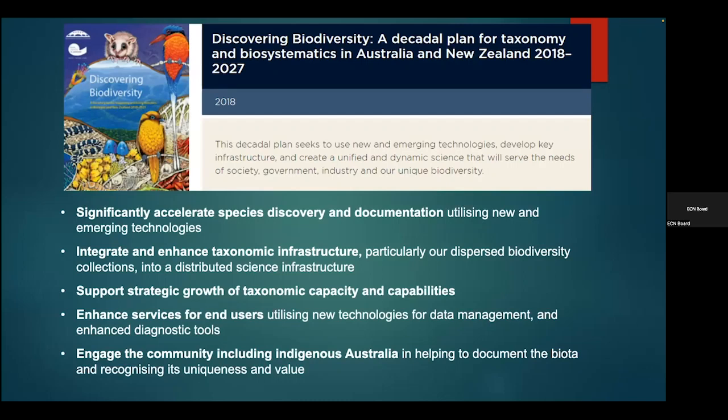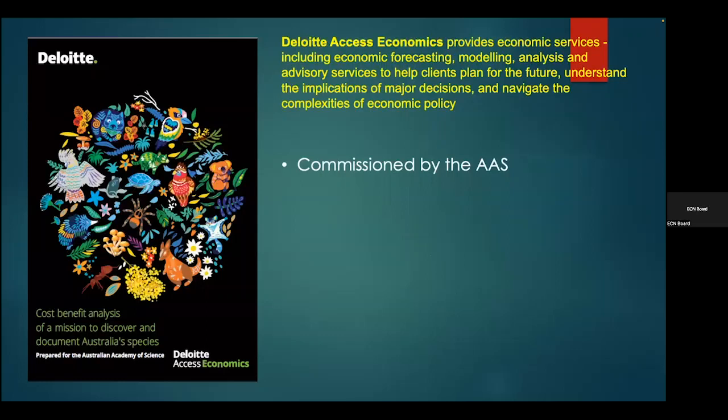In association with this, the Australian Academy of Science also were insistent and talked us into working with them to develop an economic statement about the value of taxonomy to the national economy. And so the Academy appointed Deloitte's Access Economics, which is an independent economic consulting company, and they provide economic services that include economic forecasting, modelling, analysis, and advisory services across the spectrum, in particular